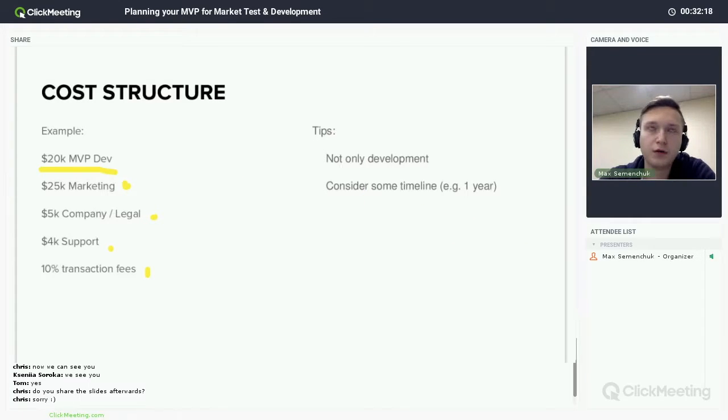And when somebody asks me, okay, what's the cost of, let's say, development of a product, or for example marketing, and how will I understand that I have enough money for all this time? So I suggest thinking with some timing, let's say a year.